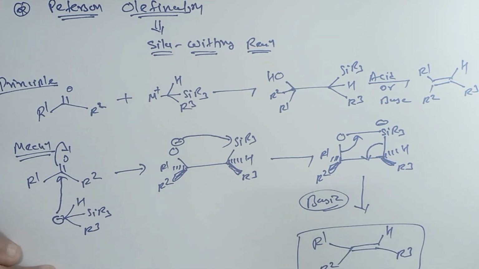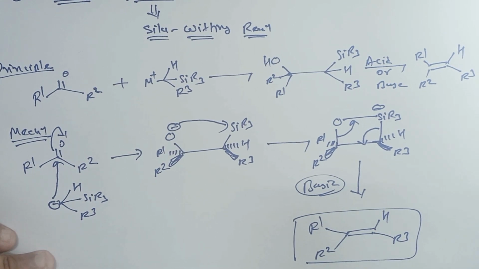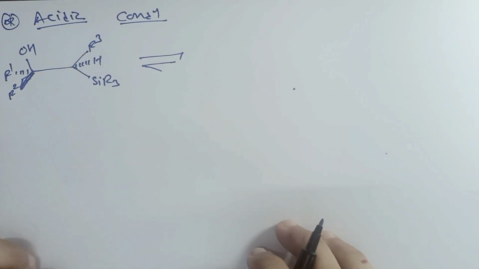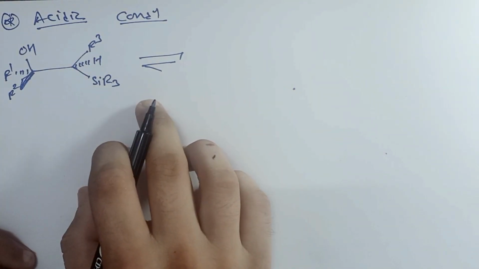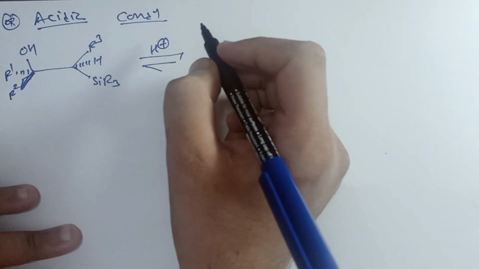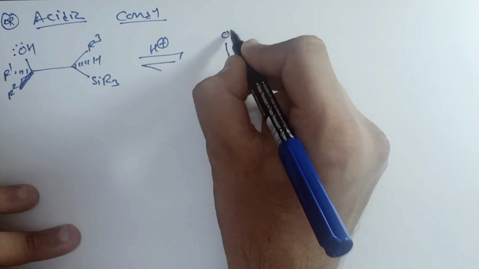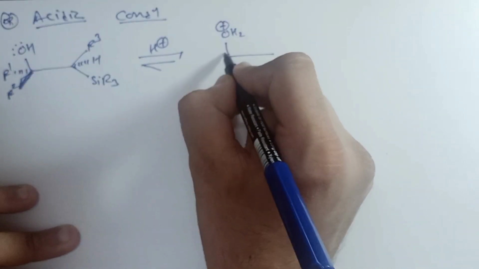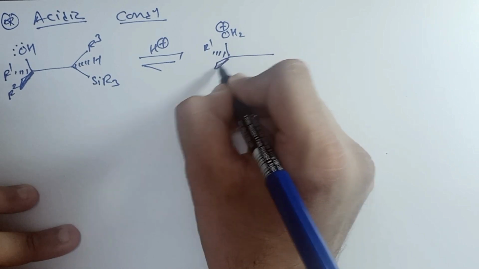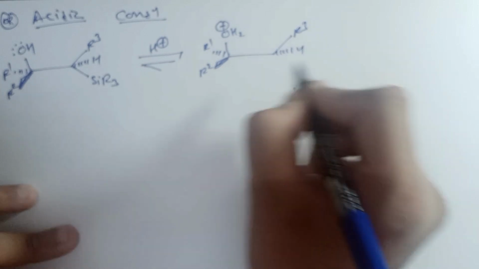This type of reaction can also be carried out to form an olefin by using acid. So now let us understand how we can produce an olefin with the help of acid. Let's start with the acidic condition. Suppose we have this type of molecule. When it is reacted under acidic condition, the H plus is accepted by the oxygen, so it will produce an OH2 with a positive charge on the oxygen, and the other things remain as they are. So R1, R2 over here, here we have R3, here we have an H.